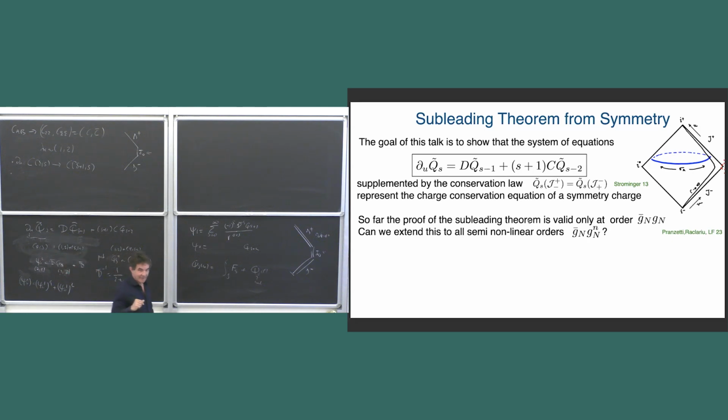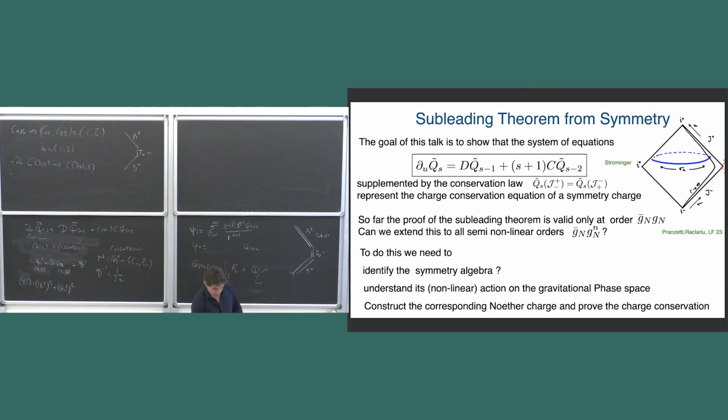So the first four orders in G Newton will be purely controlled by symmetry. Compared to the lecture we had last week about perturbation, I would guess that what they call PM3, which is 3 loop, would be the first order, because up to PM0, PM1, PM2, it should all be symmetry according to this counting. Of course, this has to be shown. But first we need to understand, first, I haven't constructed the charge.